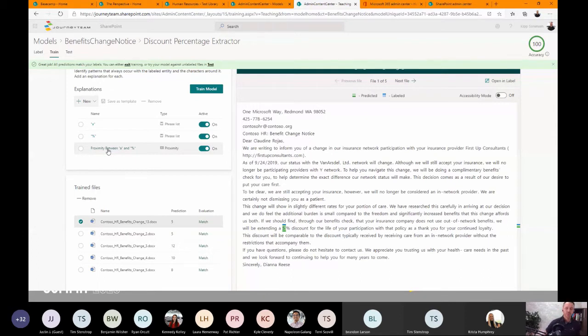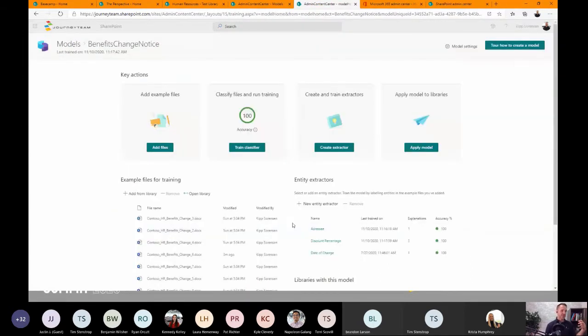Now, here's the cool part. One, I could take this model and I could download it. And I could create multiple admin centers within a 365 tenant. And I could download this model and move it over to another content admin center. Not only that, for those of you that have maybe test tenants or sandbox tenants, we can actually download a model from one tenant and upload it to another tenant. So these models can be moved around. Okay. Now, how do we